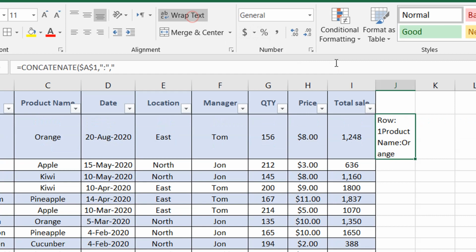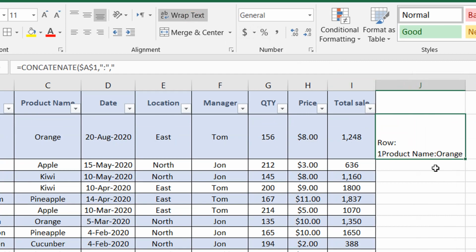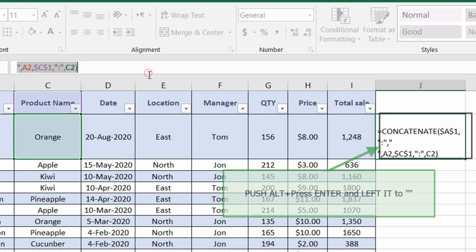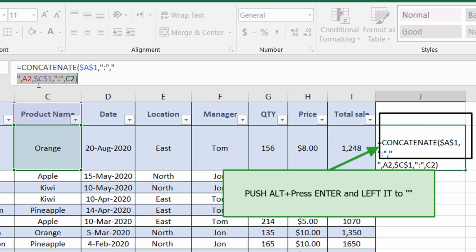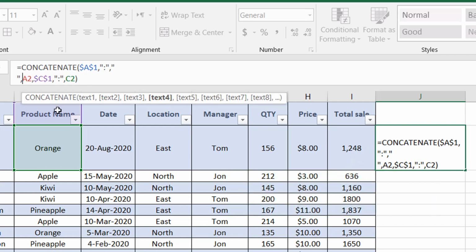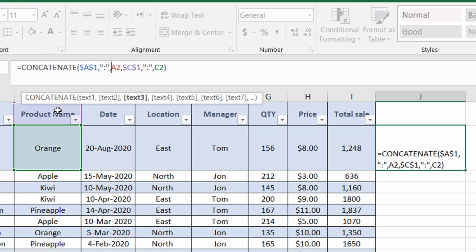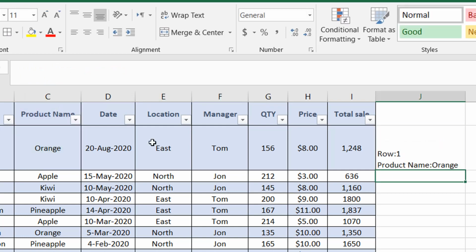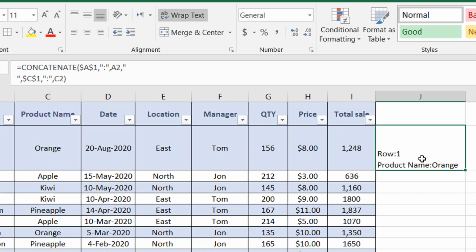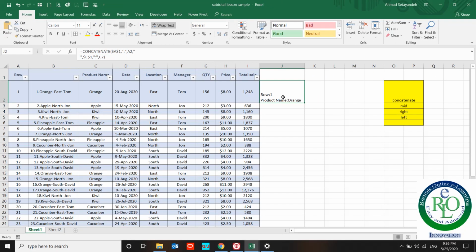If I use wrap text, you can find it over here. I should change the place of it. I use it for better organizing of the text. Okay, this is the way to use concatenate. So I copy concatenate and paste it over here